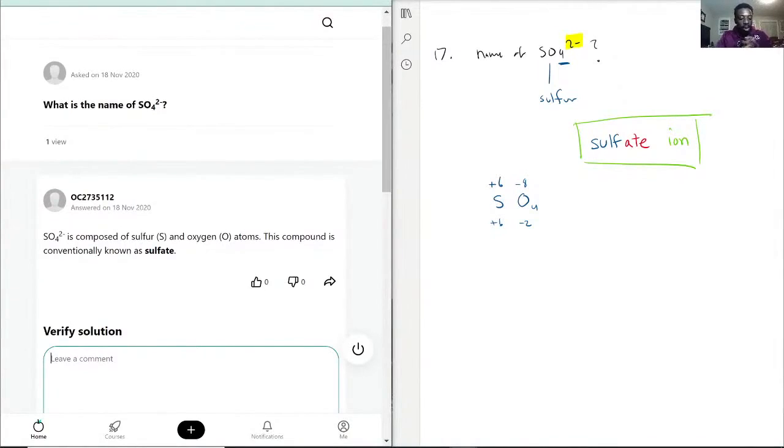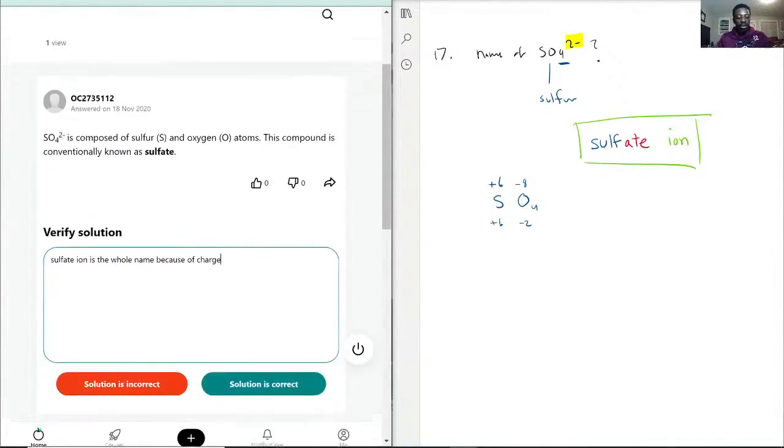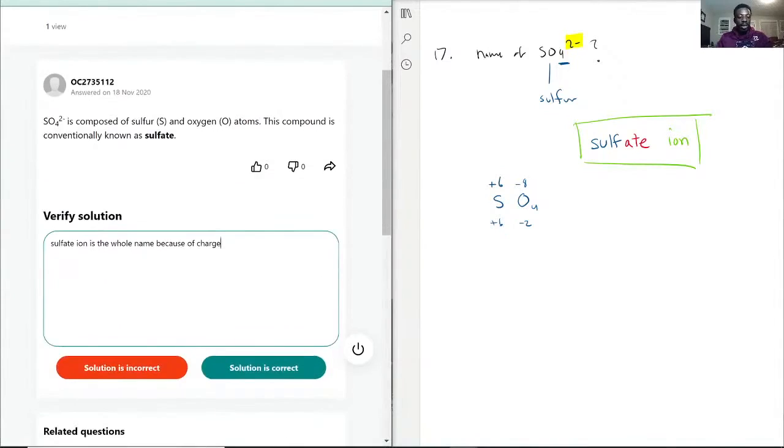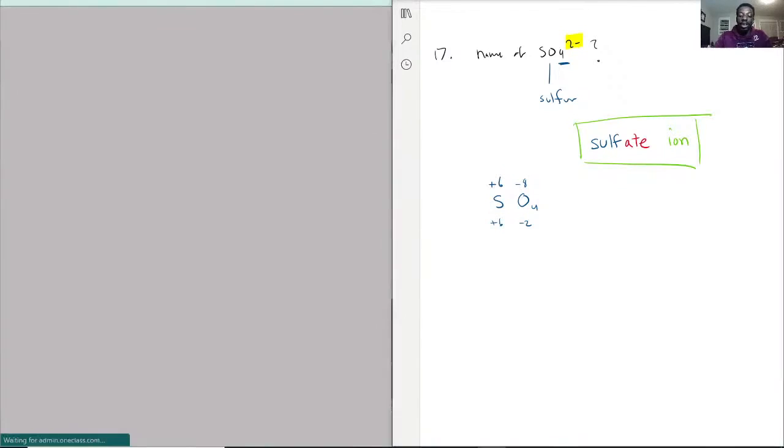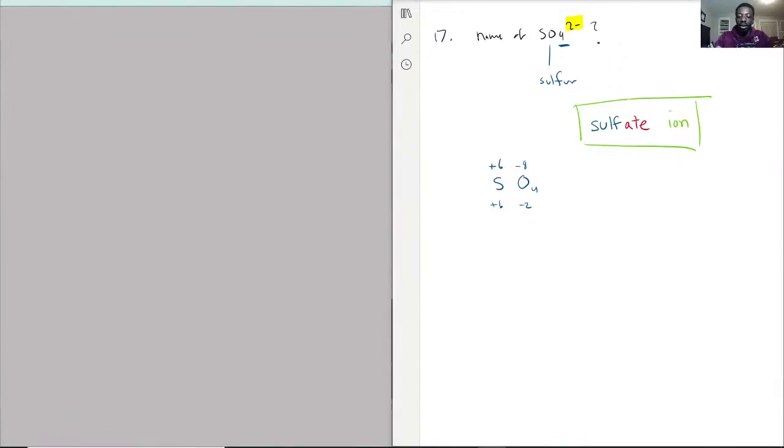SO4 2 minus is composed of sulfur and oxygen. Yep. And the compound is conventionally known as sulfate ion. Sulfate ion is the whole name because of the charge, okay? And I would just simply mark this as incorrect, because you cannot forget the ion part. The charge is not there just to be gawked at, unfortunately. It actually needs